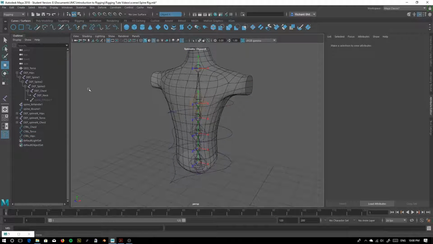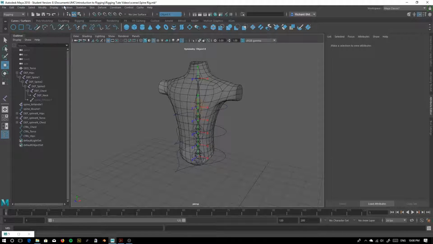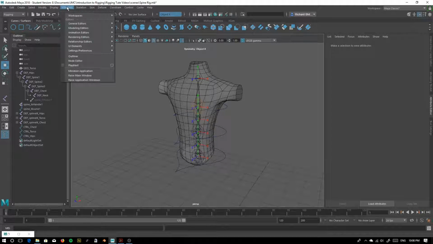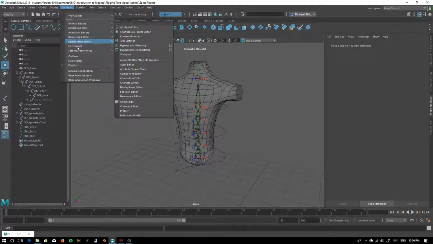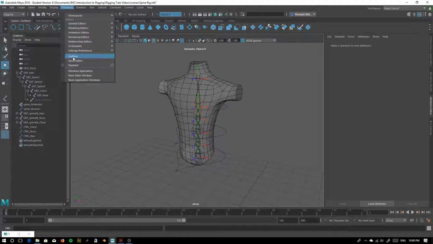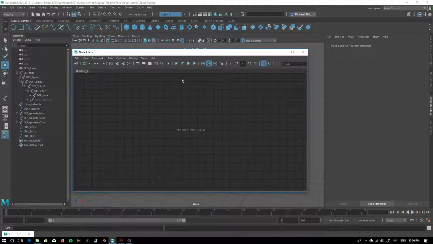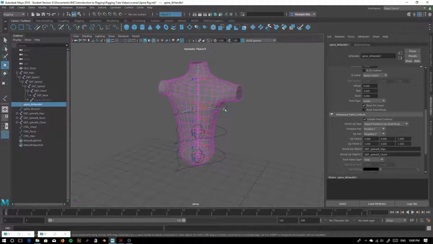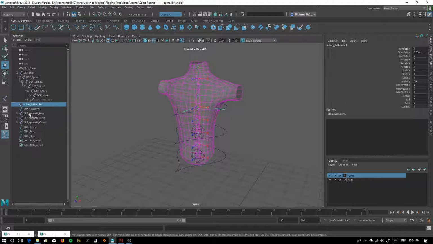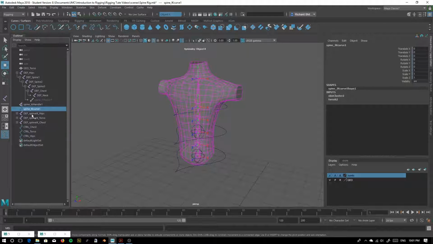Okay, so what is the node editor? So let's have a look. If we go to Windows, Outliner, and underneath Outliner is the node editor. So let's open that up. The node editor is basically a visual representation of our inputs and outputs. So if you look at our input for our spline IK for instance, we have inputs. That's basically clusters of information that allows Maya to calculate the different functionalities or the different outcomes of